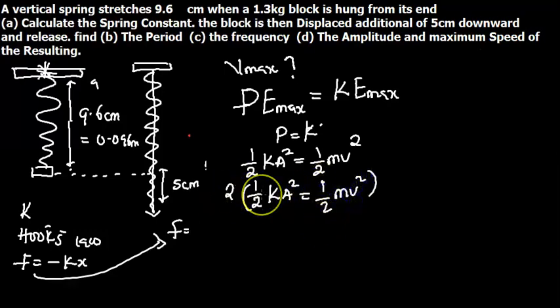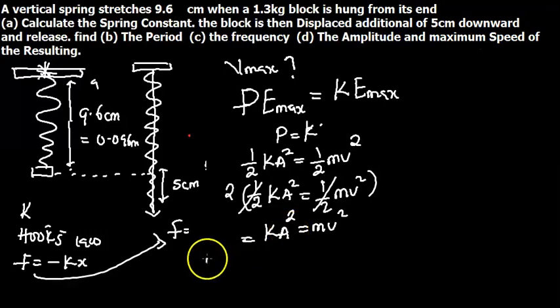2 multiplied by 1 half is 1. 2 will cancel 2. We're going to be left with nothing there. In this case, the 2 will cancel out. We're going to be left with Ka square equals mv square. Since we need to find the maximum velocity, at this point what we need to do is to solve for the maximum velocity, making v the subject of the formula. In this case, Vmax is going to be